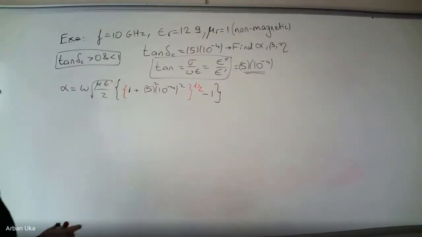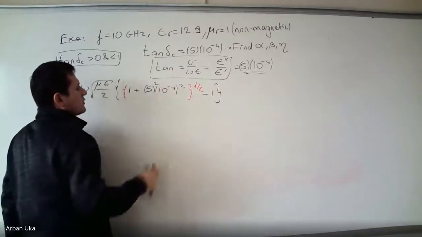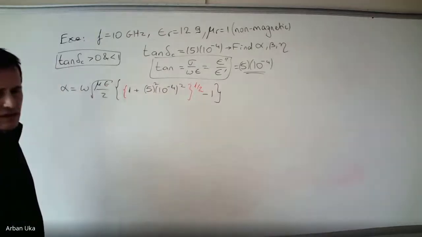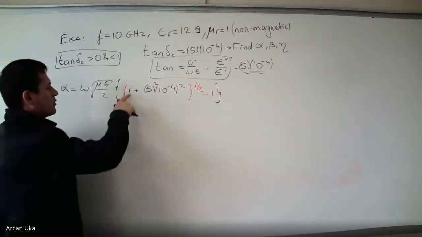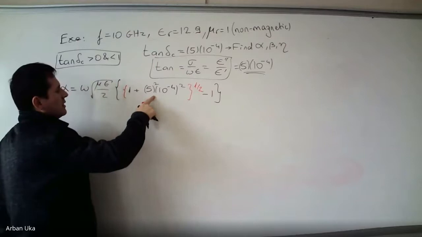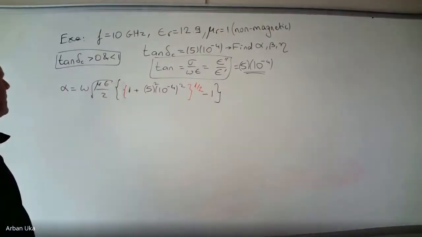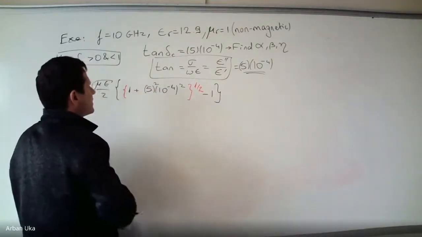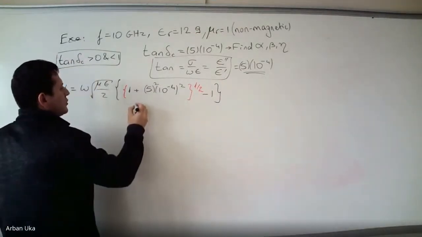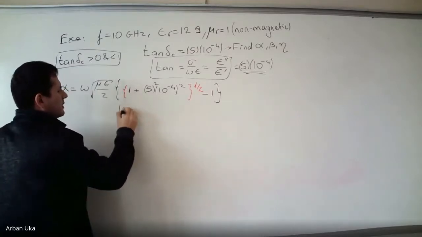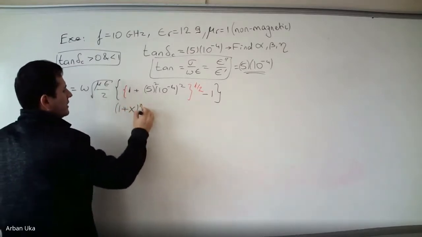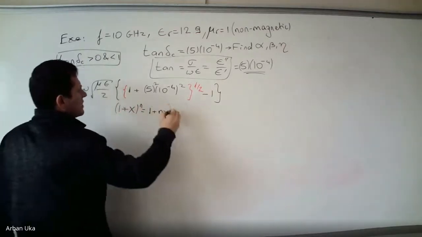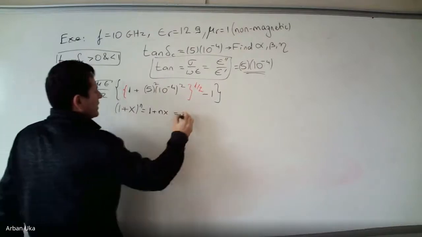And then we notice that this 10 to the power minus 4, if we find the square, it's going to be 10 to the power minus 8. 1 plus 10 to the power minus 8 is almost 1, okay? But wait a second. It's almost 1, but not exactly there, which means that we know 1 plus x to the power n is approximately equal to 1 plus nx, right? This is the approximation, which means that this is also equal to 1